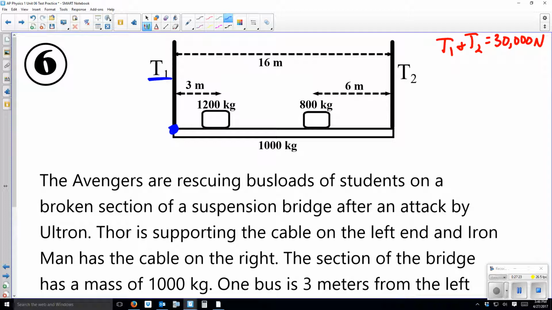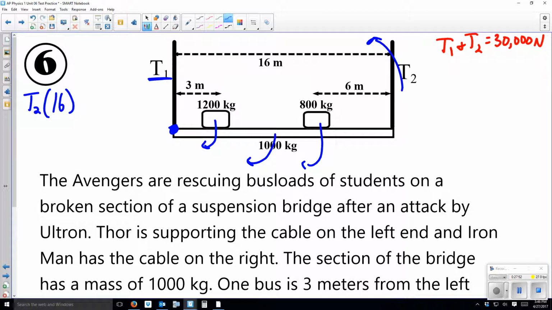So they all have to be equal. So my torque from the tension 2, I've got my force times the distance away, so that is 16 meters. And for all of these, we are going to have 90-degree angles, so we don't have to worry about the signs there. So torque 2 times 16 meters has to equal the weight of the 1,200 kilograms, so 12,000,